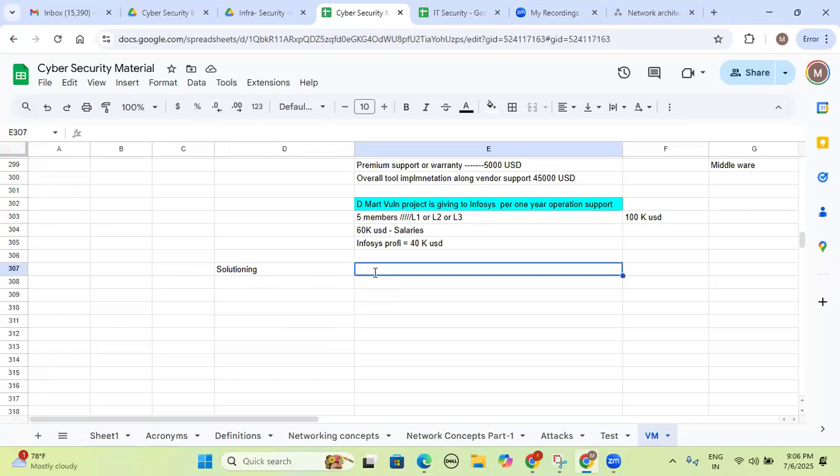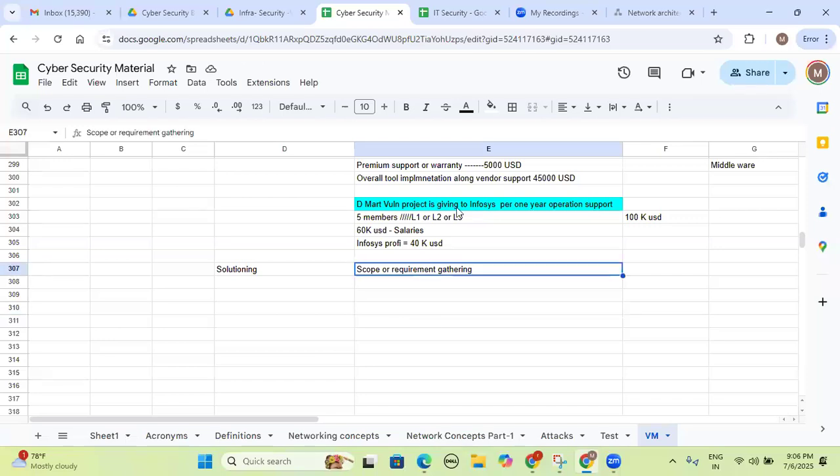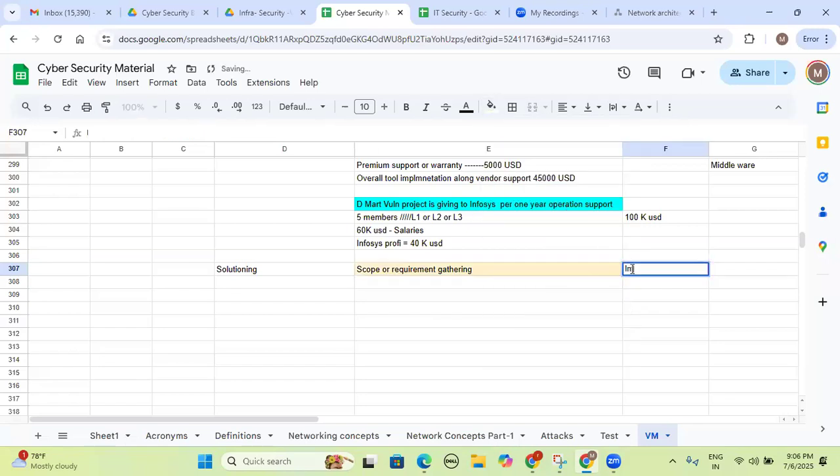First of all, he will gather the requirement, the scope of the requirement, otherwise scope or requirement gathering. So what is the scope or requirement gathering? Implementing the vulnerability management solution for any customer or client. That is the scope. Implementing the VM solution for any customer or client,